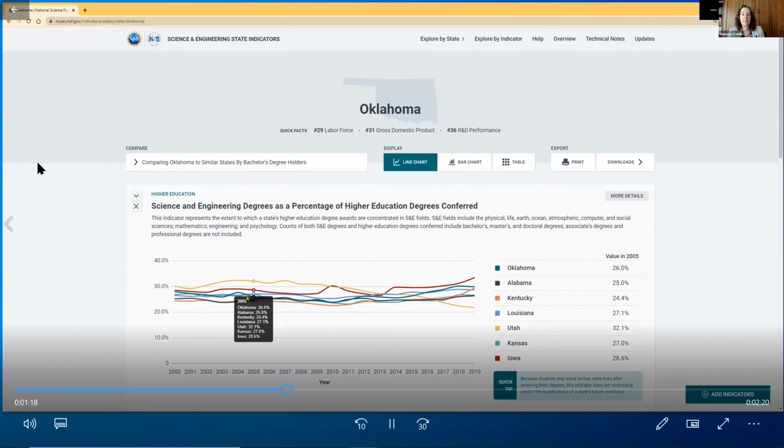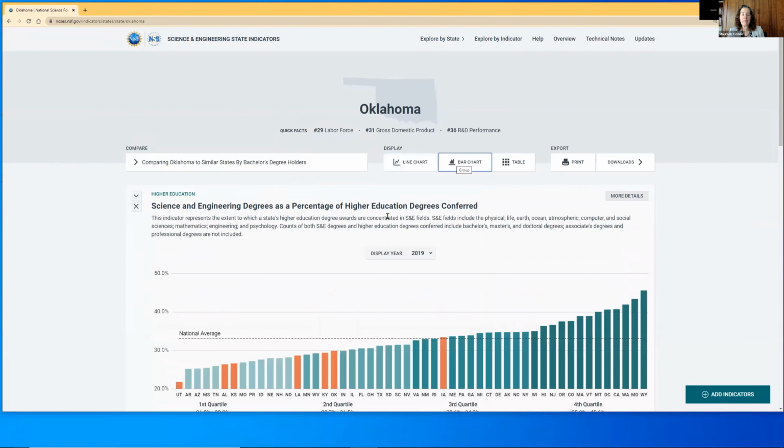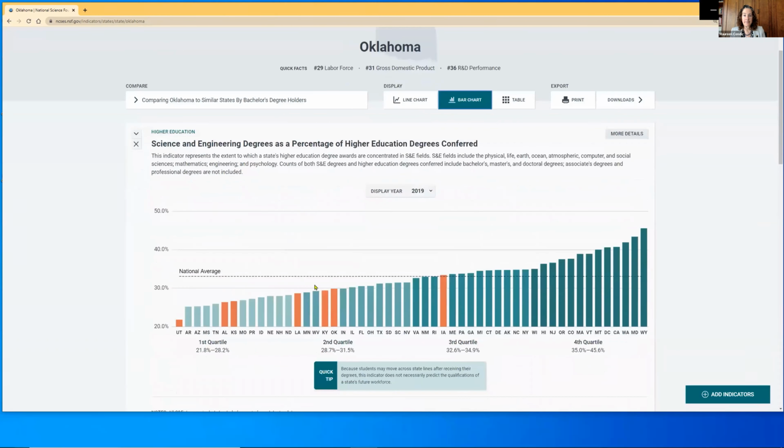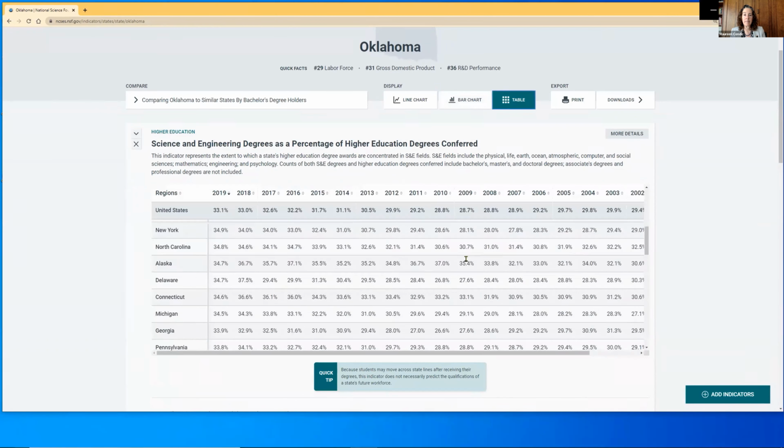Move the cursor along the line to show the data by year. A bar chart highlights the data, and the selected states are colored in orange. To change the display here, use the drop-down, or select to show as a table with the chosen states highlighted